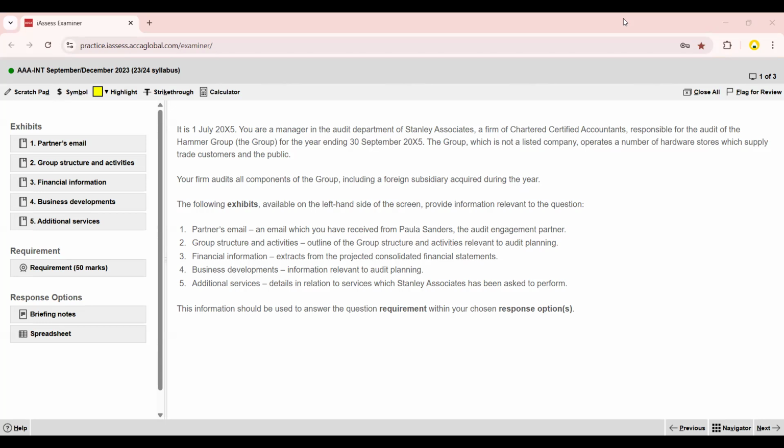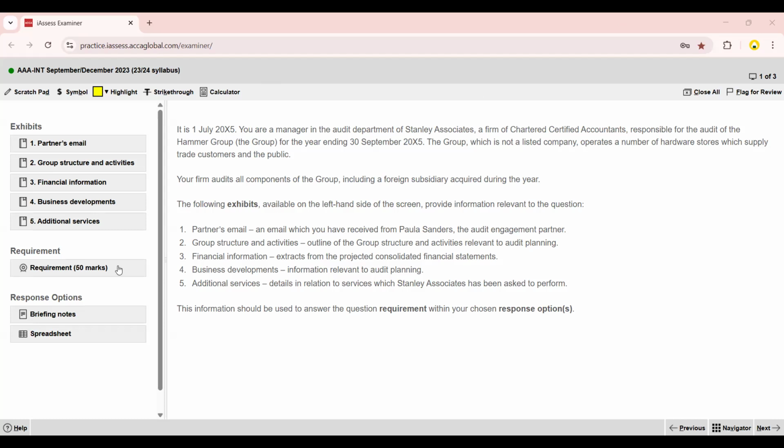Part A mostly comes for the business risk, part B for the audit risk or risk of material misstatement, part C on audit procedures, and part D from any topic of block 1 or block 2. Mostly part D comes for the ethics and matters to be considered. In this question, we will learn about the part D.